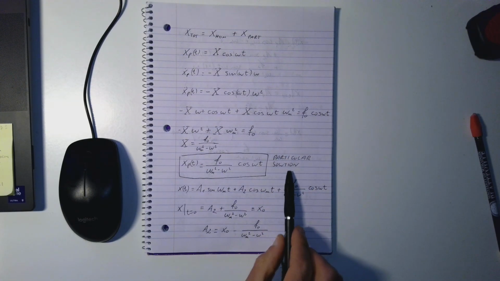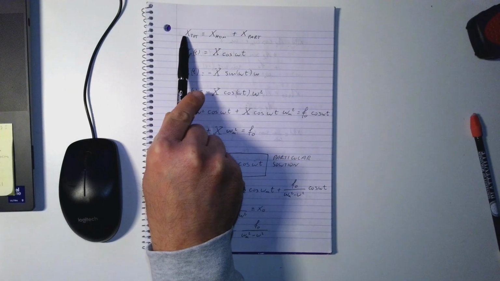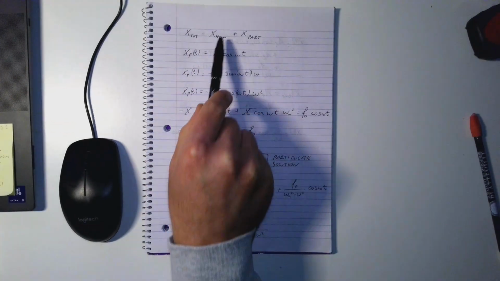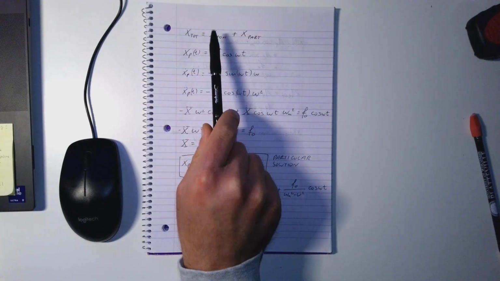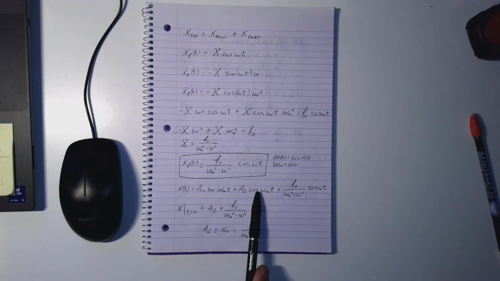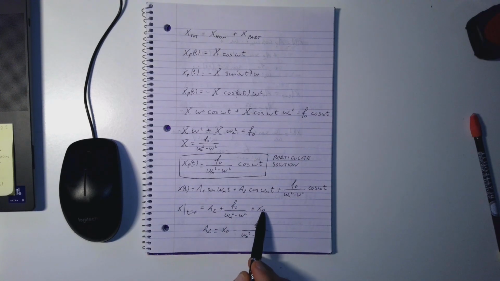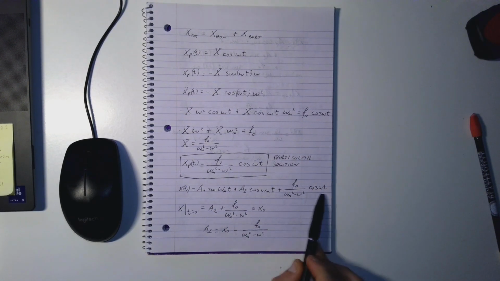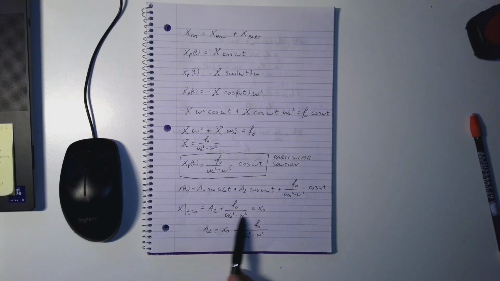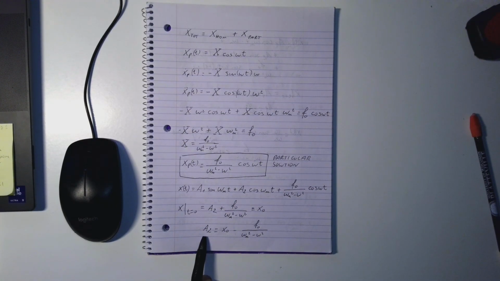Once we find the particular solution, we also need to find the total solution, which means that the homogeneous solution has the same form that we saw before. We add what we just found, and then in the same way at this point we apply the boundary conditions, which means we apply the initial position and initial velocity. For the initial position we can simply call it x0, which means we take the position, we plug 0 here, here and here, and then we obtain an expression for a2, one of the two constants here, and then similarly we can